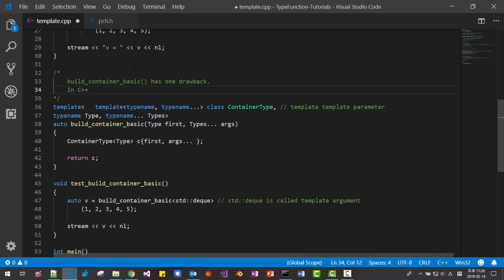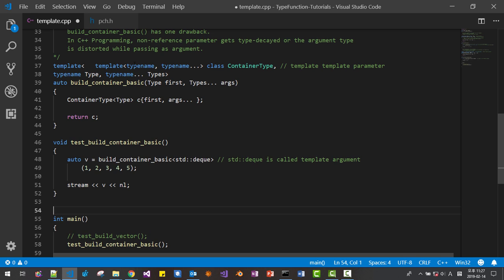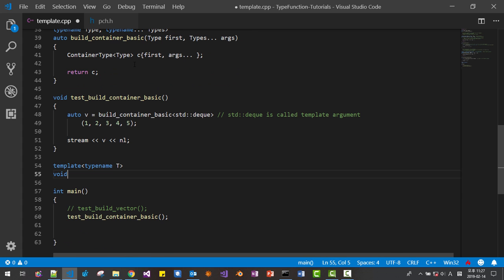In C++ programming, a non-reference parameter gets its type decayed. The argument type is distorted while passing as an argument. For example, I will create here a function, template, type name T, void